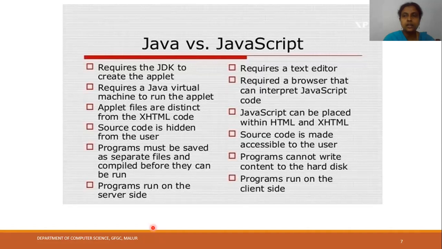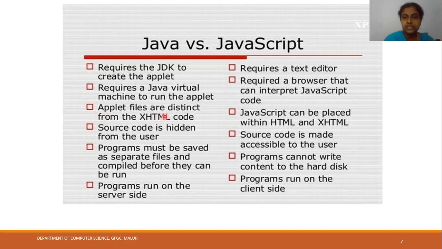We will just quickly do a comparative study between Java and JavaScript. Now, to run Java, we need an application called JDK, the Java Development Kit. In JavaScript, you don't need anything, just a notepad. You remember, we will type our HTML program in notepad only. The same notepad is enough to execute JavaScript. Java runs on a Java virtual machine to run the applet. So to run any graphical based application, we need the applet concept. But here you need any browser which supports it.